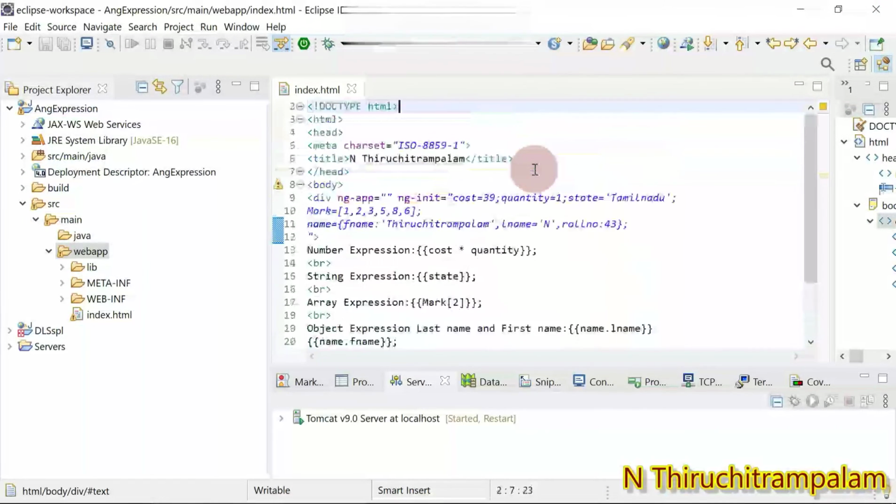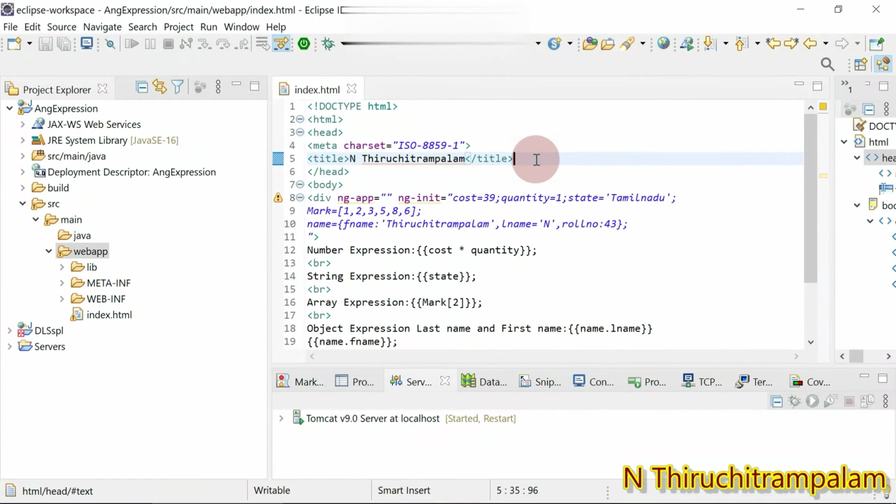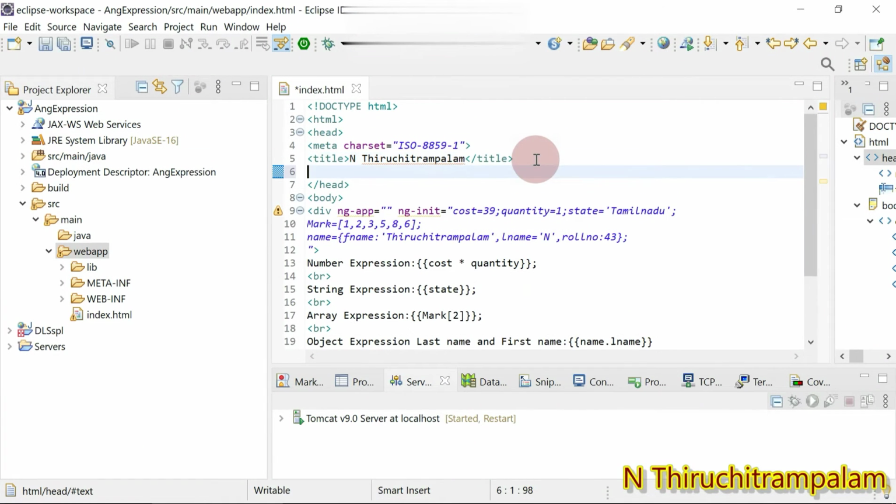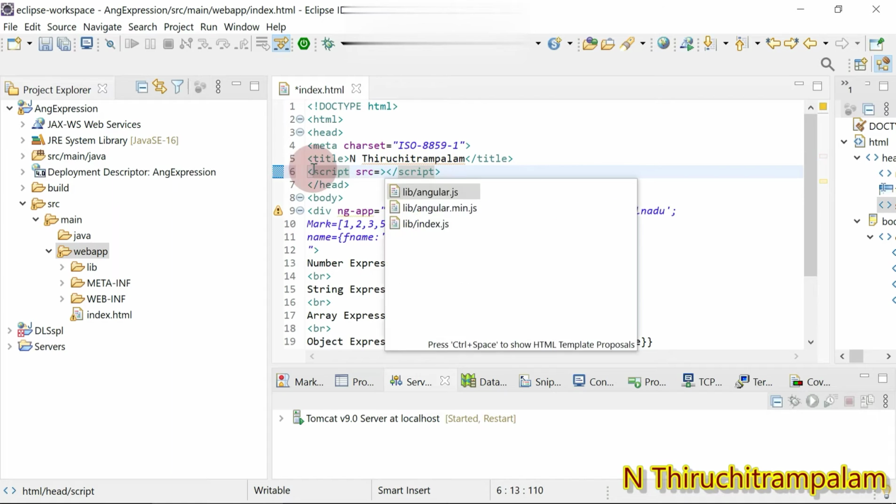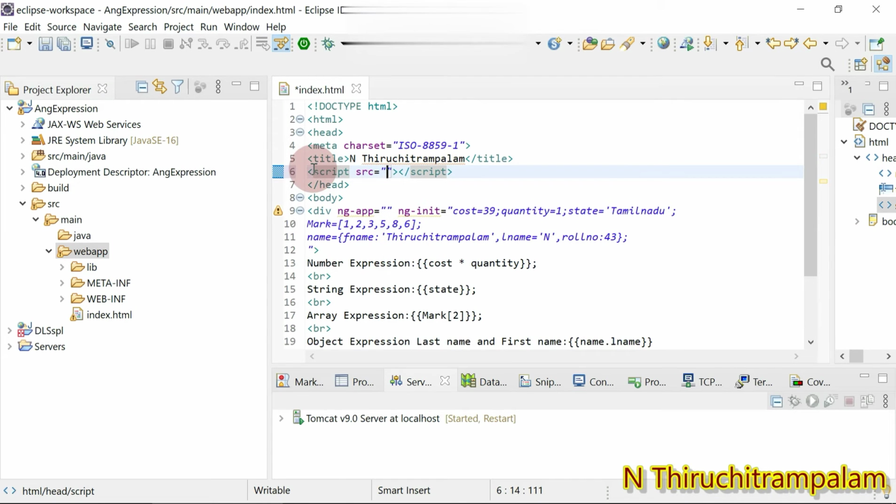I believe we have yet to add the AngularJS file to this HTML file. How do we add it? Go to the head element. Within the head element, use the script element to link AngularJS to this HTML. Use the src attribute equal to double quotes.